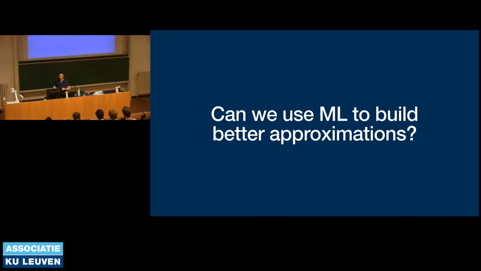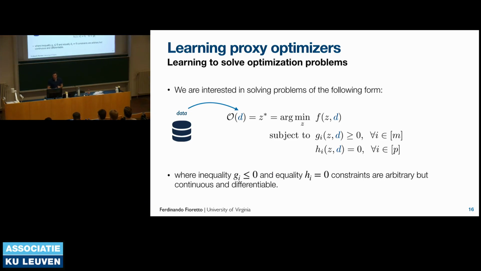And so here we're asking a different question, which is, can we exploit a distribution of instances to build more clever approximations? And how do we do so? Here is the idea. We have our classical optimizer. We just parameterize it by some data. So we render this parameterization over D, the data set, more explicit here, so that we can take these data instances as input into the objective function f and the problem constraints g and h.